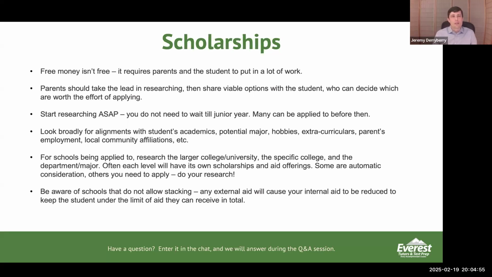I always recommend that students look for alignment. An organization offering a scholarship is going to want to see that your student is aligned with what their mission is, or what the mission or purpose of the scholarship is. So doing that research and finding those things that align with your child, maybe it's their major, maybe it's something they like to do, maybe it's something they're passionate about, maybe it's something they're affiliated with. These are all things that will help you find scholarships, but it does take legwork.